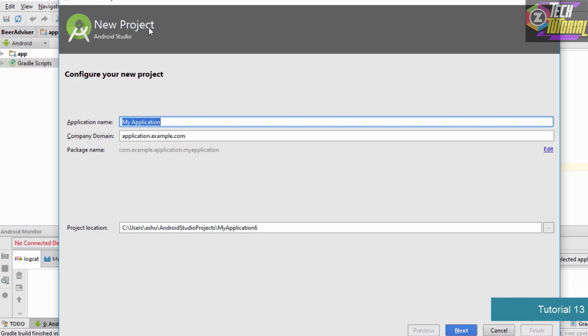So basically we could use the XML tag in order to change the user interface. By using XML tags we could enter buttons, text views and all that kinds of stuff onto our application page or onto our activity. Now in this tutorial we'll be learning how to design the user interface by purely using Java code.